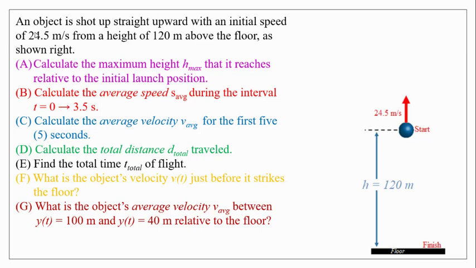So in this particular free fall problem, or vertical kinematics, we have an object that's being shot straight upward with an initial speed of 24.5 meters per second from a height of 120 meters above the floor. So here in the diagram, it shows the floor on the bottom, and the object is currently 120 meters above the floor, which is our reference point, and it's being shot from that location at a speed of 24.5 meters per